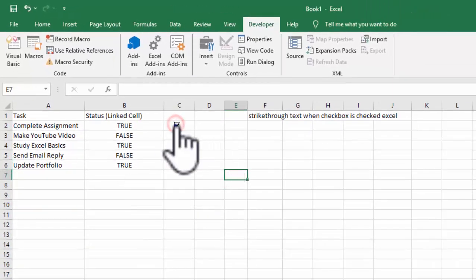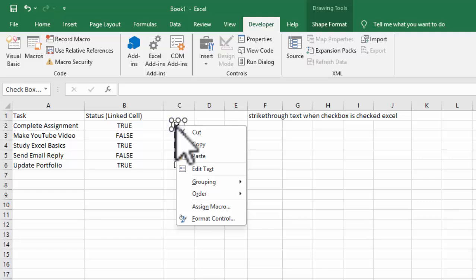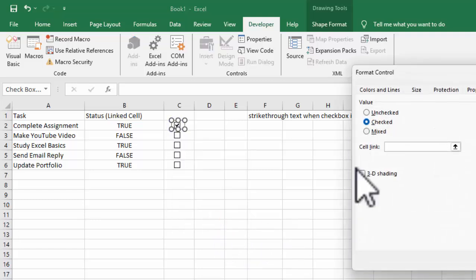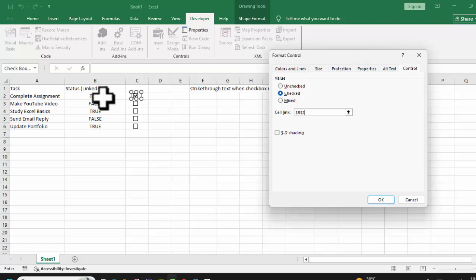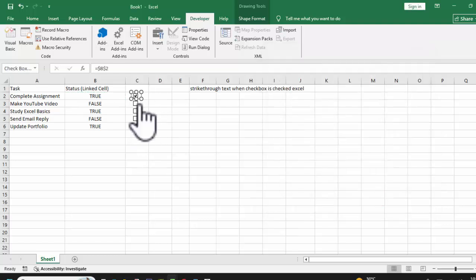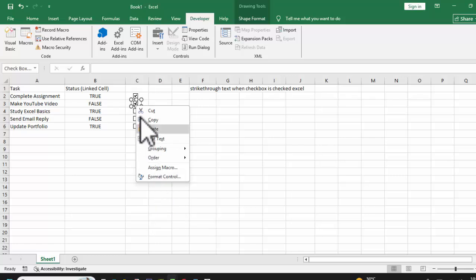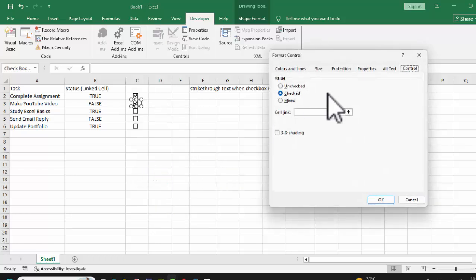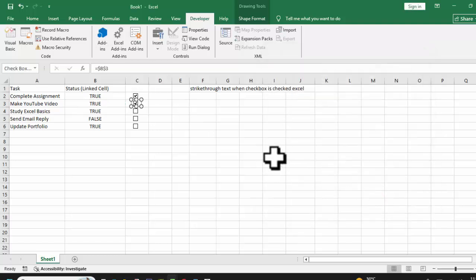OK, then right click on your mouse, Format Control, Link cells. Again apply the same process, right click on your mouse, link cell. OK, then